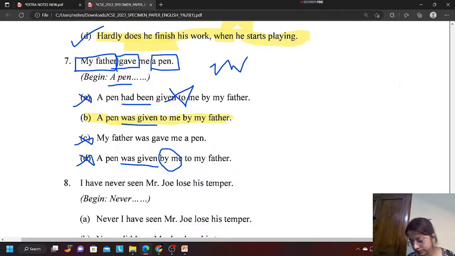No sooner than than. Where can we get a list of these kind of words? You don't need a list. Okay, I have made it very simple that in your exam you get only no sooner, and with no sooner you have to use than, and with hardly we use when. Alright. Other than these, like connecting words, okay, generally nothing else comes. Okay, I have a complete video on these transformations. See, many pages I have done. One of your friends only in this channel had given me. If you can practice all that, I can tell you transformation mein you will not get any other problematic portions. Either or, neither nor. This you already know. Either ke saath or, neither ke saath nor, you already know.